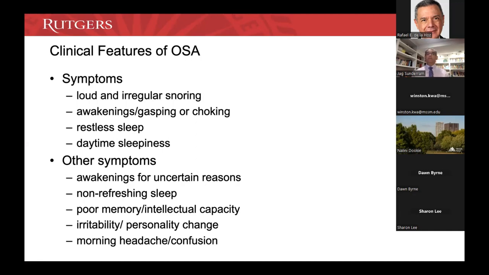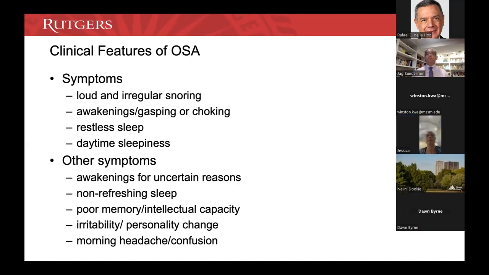There are other symptoms that patients may primarily present with, such as awakening for uncertain reasons and insomnia symptoms, poor, non-refreshing sleep, and also neurocognitive changes such as memory problems, personality changes,